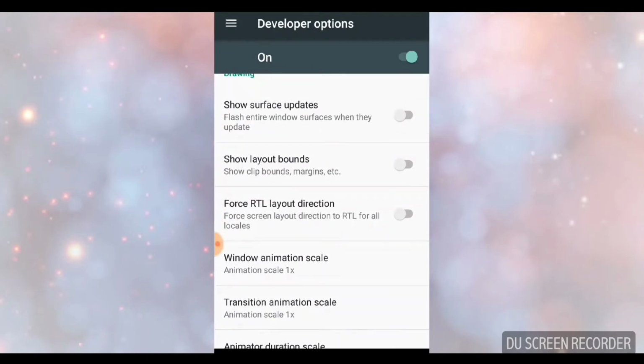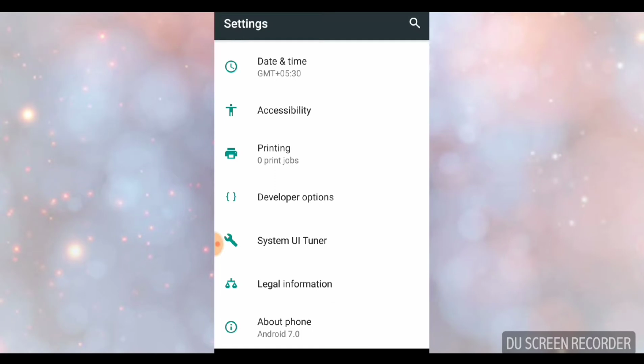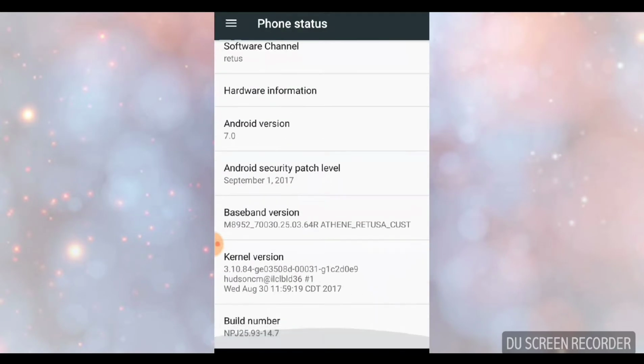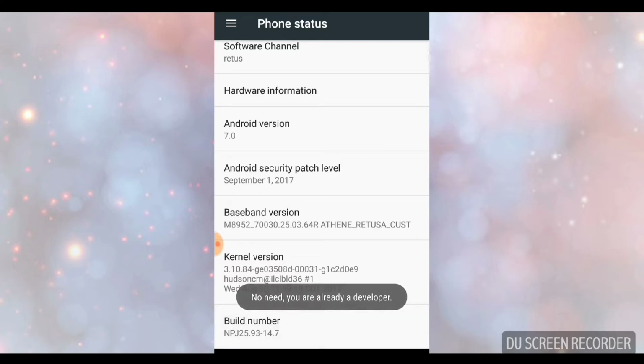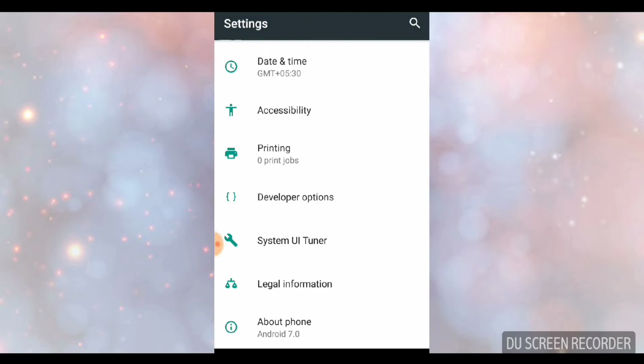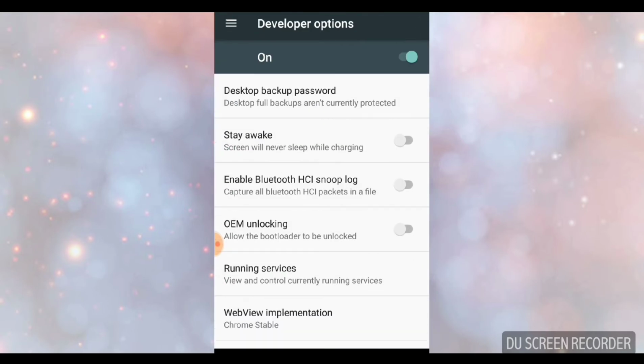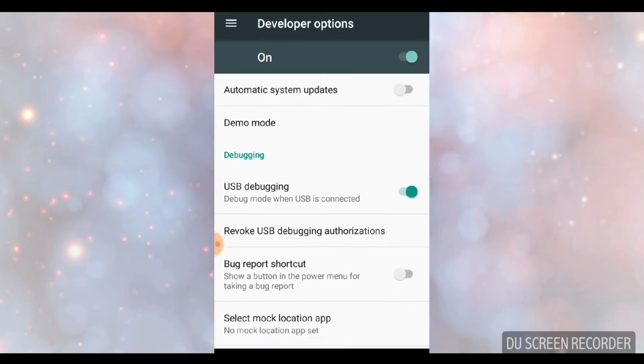If it's not in your settings menu, then click on about phone, then click on build number several times. Then a message will be shown to you that developer options are enabled. Then you can find developer options in your settings menu, and you can enable many things in developer options like